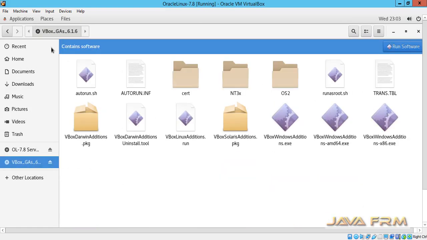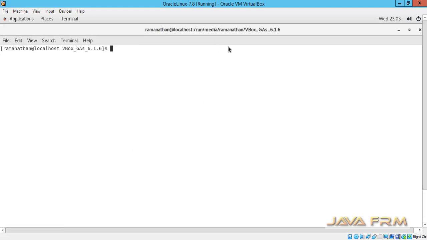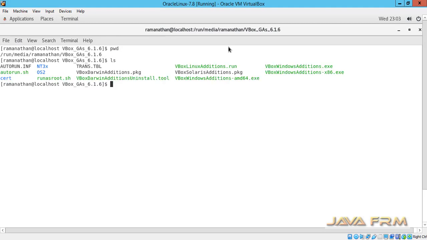Now I am going to install VirtualBox guest additions. I am opening the terminal and switching to the root user.